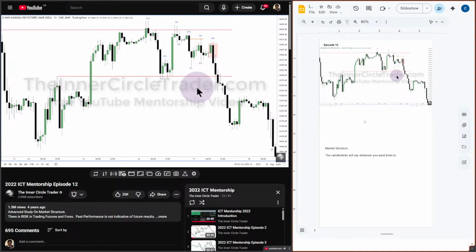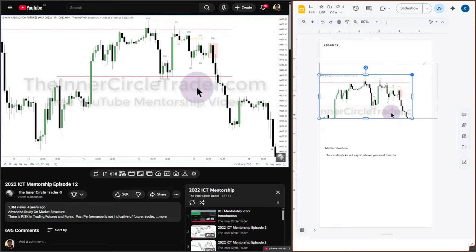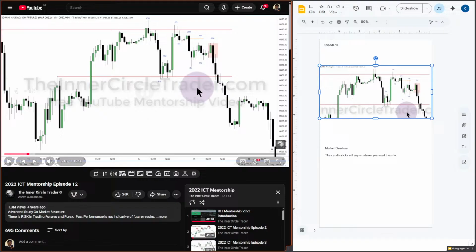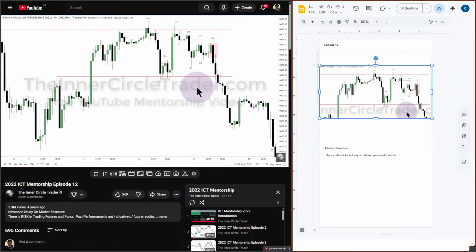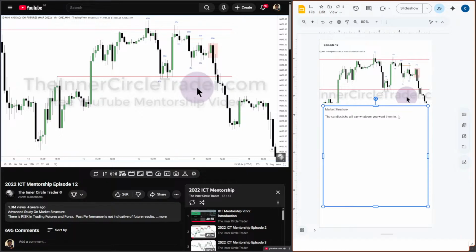When we look at price, we're not looking for just the simple higher high, higher low, therefore it's a bullish market or uptrend. That's not what I'm looking at. I'm looking at, does the market have a reason to go up for buy-side liquidity or buy stops? Or is it likely to go up to rebalance an imbalance, which is like a fair value gap? Or is it likely to go lower?